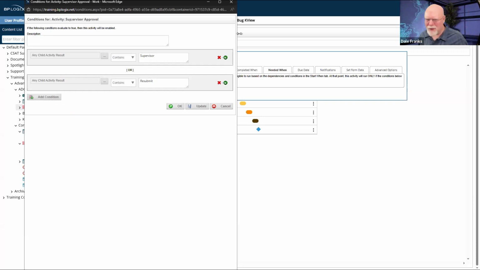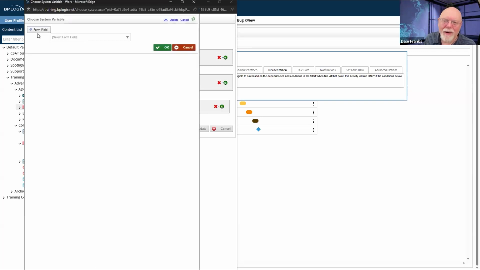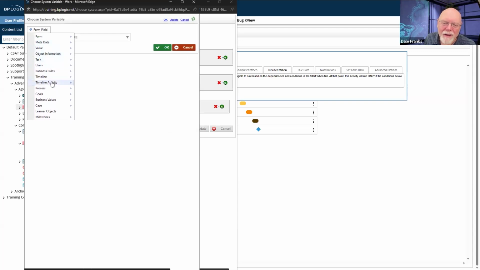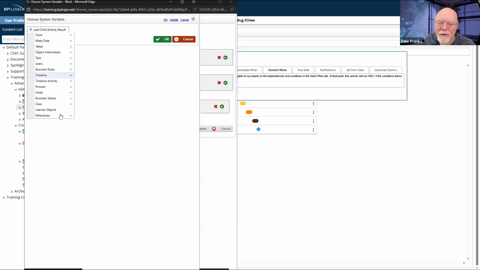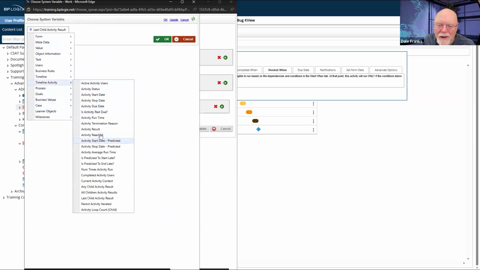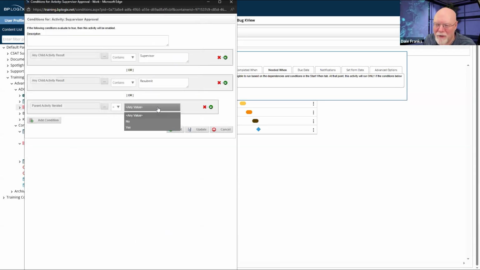We're not really doing a bunch of training on conditions, so I don't need to make it as or timeline activity, parent activity iterated. I think we're probably getting a little further down into the weeds than we need to, but we'll say no. Okay, so now I've got three conditions that should cover everything.